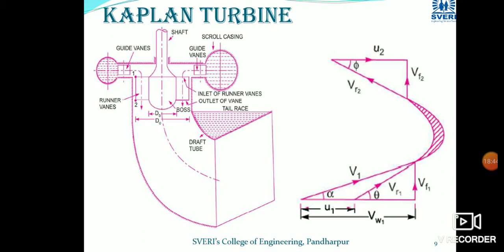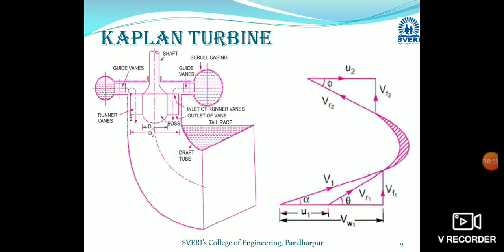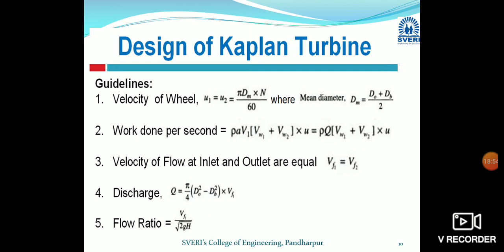So this is going to the Kaplan turbine. Now this is going to be the Kaplan turbine, the draft tube is there. So here two diameters are playing a very important role for the Kaplan turbine. Now design parameters, we can say: U1 is equal to U2 is equal to pi D